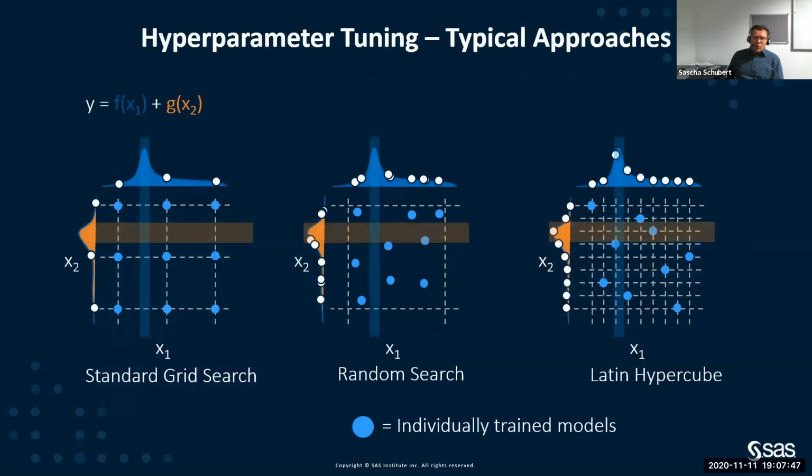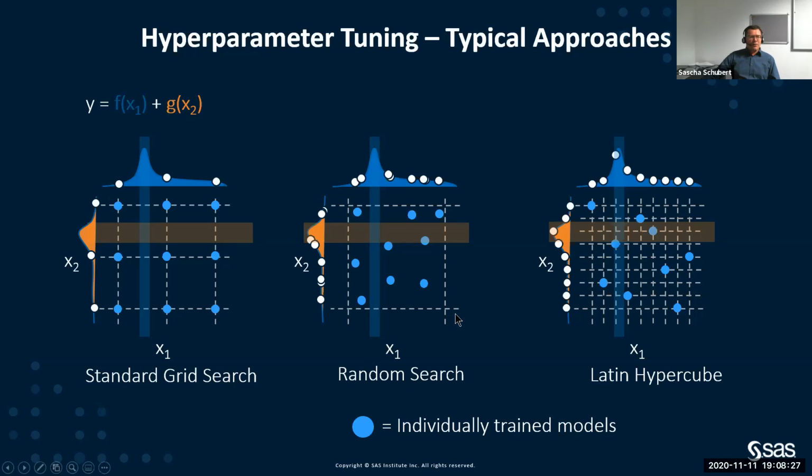And there's different approaches to doing this. One is the standard grid search, where we just use certain combinations of parameter settings and create a grid. It's an equidistant grid that we're using, and then we hope that we have good luck, and that at those blue points you see in the diagram on the left-hand side, the best one of those points that we're checking is the best combination. Obviously we could be missing all the combinations in those cells, and the chances of finding the best one with that approach are a little bit limited.